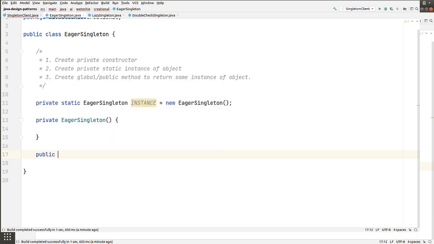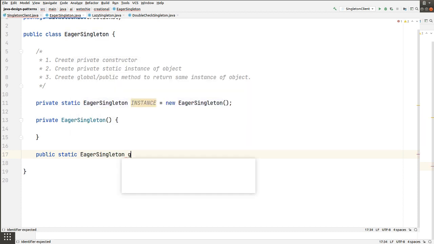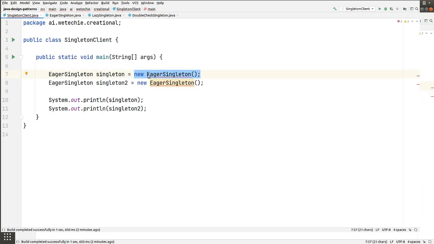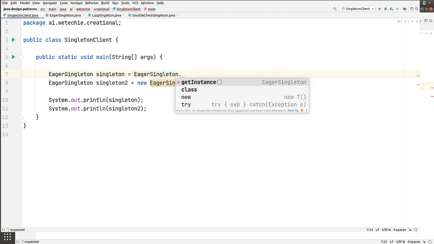So let's create public static, with eager singleton return type, a getInstance method, which will be returning the same instance of the current class, right? Now instead of creating an object using the new operator, we can do directly EagerSingleton.getInstance. So you can see for the client class only the getInstance method is exposed, and it will be returning the eager singleton instance back to this class, right?